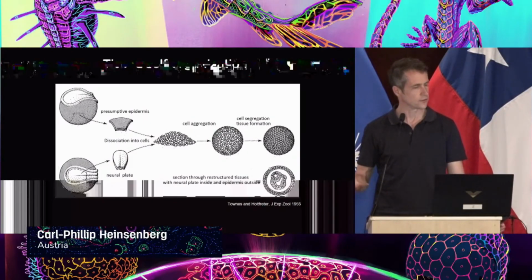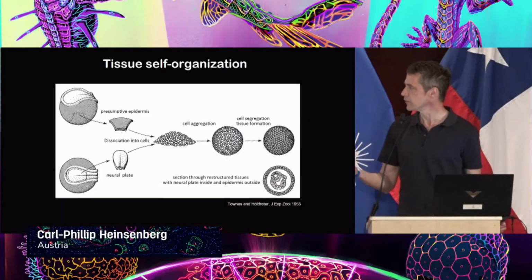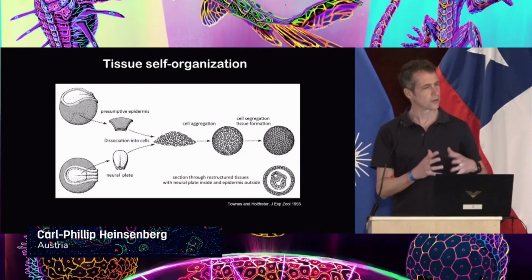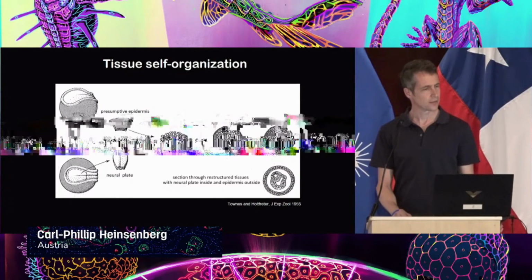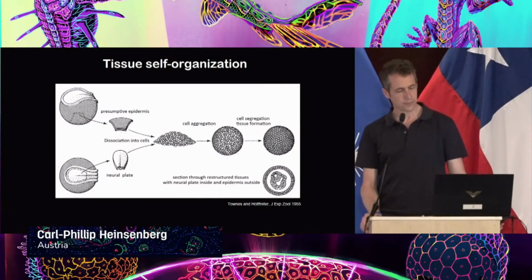And that was unexpected, because this is not embryo development. It is something which happens in a culture dish. And it somehow refers to the autonomous property of these cells to reform the tissue they are coming from. They have somehow a memory of what they have been before, and they are recapitulating this memory now and forming the embryo again.